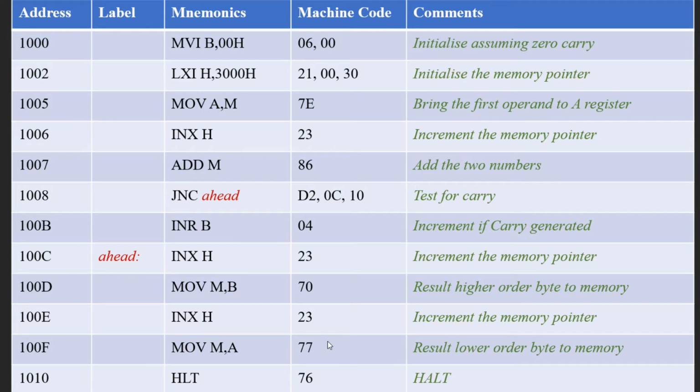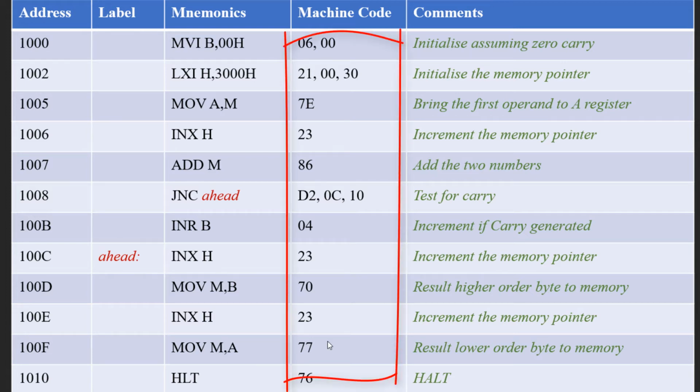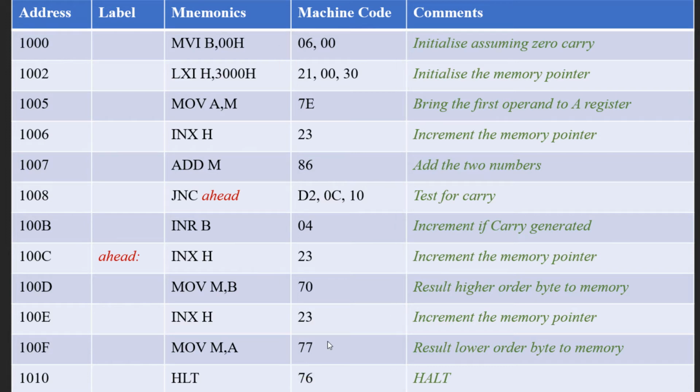If you see in the fourth column, I have mentioned the machine code so that if you try to do this program on the kit, then you have to write in this particular format. You should generate a coding sheet in which you write down the code, and then when you go to the kit, you can enter the code from this particular coding sheet. In the first column, I have mentioned the addresses. In the second column, we have the label. In the third column, we have the mnemonics. In the fourth column, we have machine code. In the fifth column, we have comments.